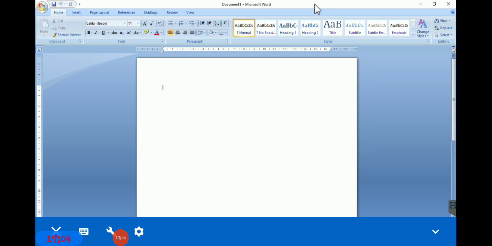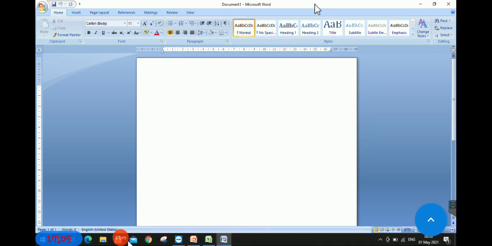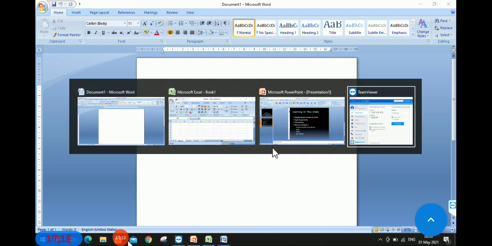Arrow flip 3D. Any number of windows open on your screen will be shown to you with the arrow flip 3D. For that you have to press the Alt and Tab option. You can see the 3D windows, any number of windows open on your computer system, all shown in a 3D picture. Any software you want to open, click on Alt and Tab. Press Alt and hold it down, but press Tab one by one. Click, click, click, click, whatever you want to open.